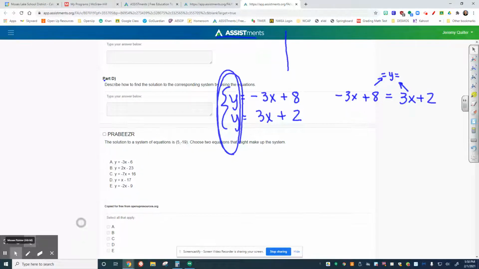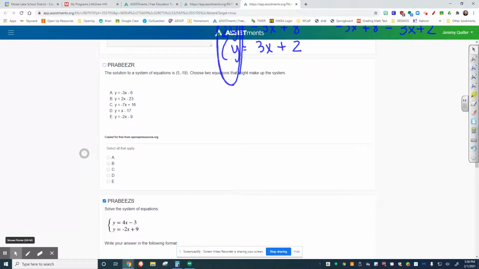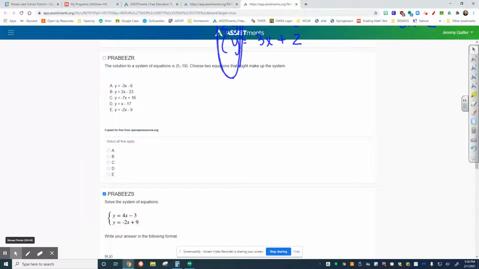Let's talk about the next question. It says the solution to the system of equations is 5, -19. Choose two equations that might make up the system. So what are we looking for? If we have to choose two equations that might make up the system, then we're saying choose two